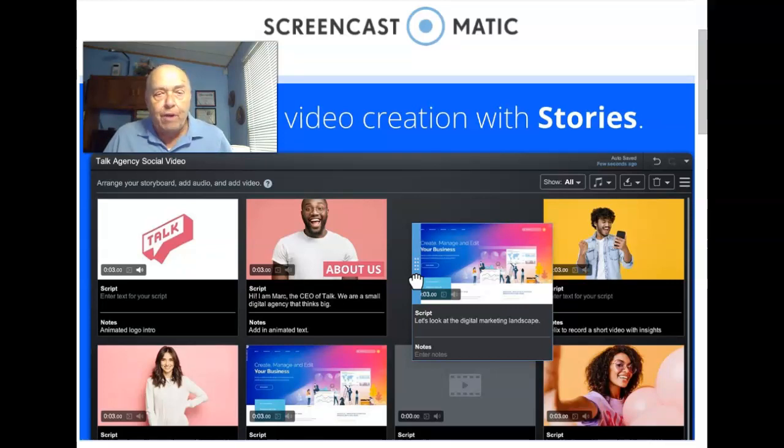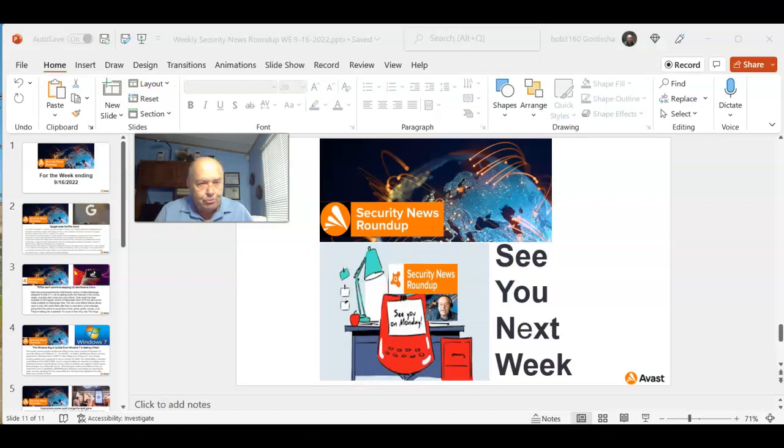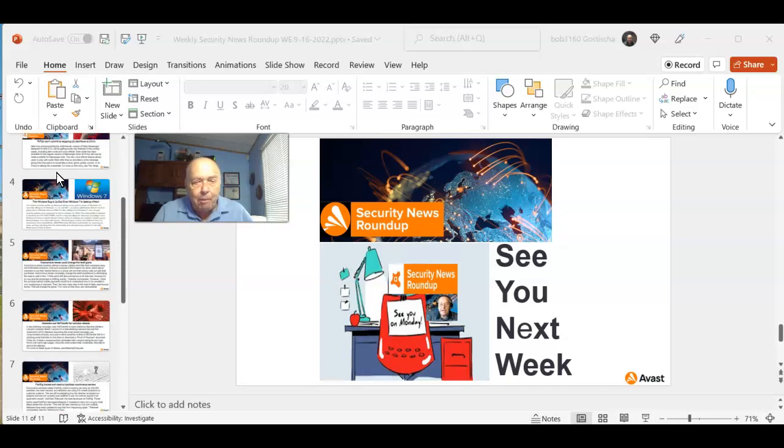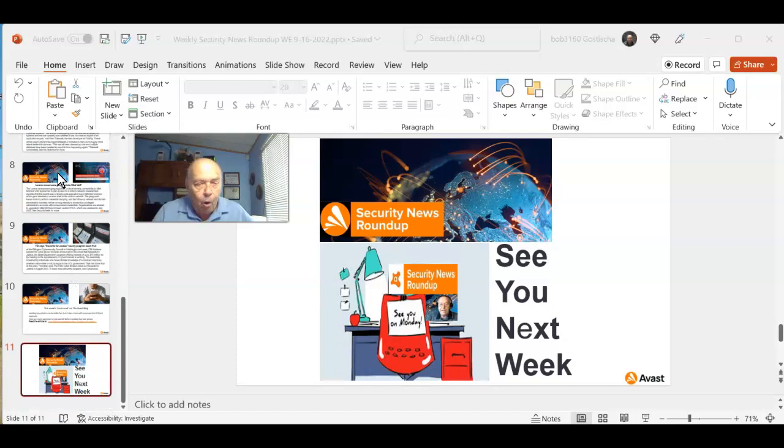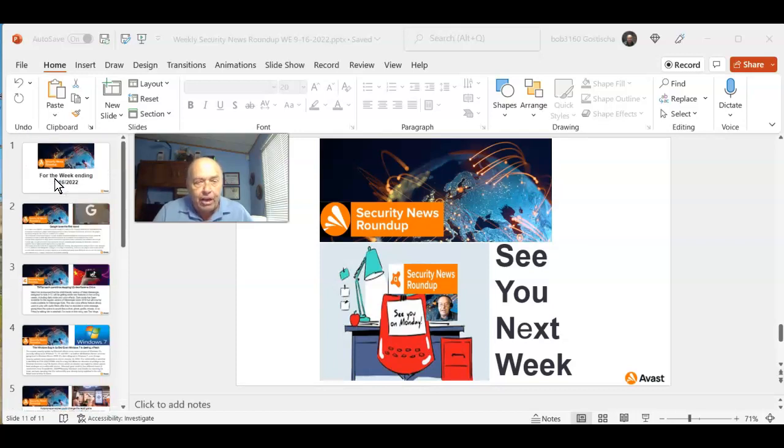security news roundup. The initial step is to use PowerPoint to actually put this security news roundup together. Once I've gathered all the information that I need, I then use a form that I've made up in PowerPoint, and I start to assemble my presentation one slide after the other until they're all done. Once this is done, in order to get this as an acceptable format into Screencast-O-Matic, I have to save this